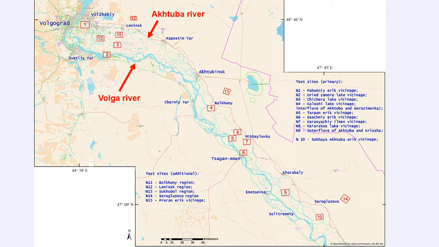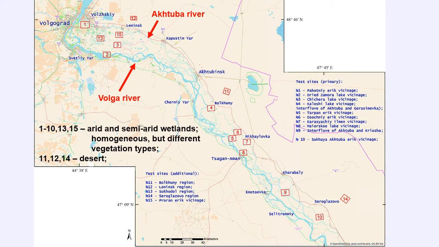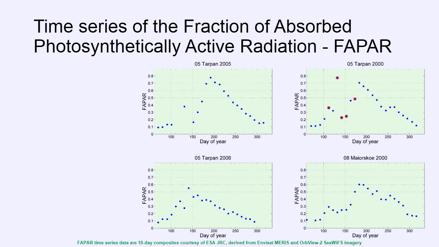of the Caspian Sea. Most of them are arid or semi-arid wetlands, having homogeneous, but different vegetation types. The fraction of absorbed photosynthetically active radiation, also known as FAPAR, is recognized as one of the most important indicators of vegetation activity. Its value emerges from 3 bands of satellite imagery, namely red and near-infrared, with blue one used